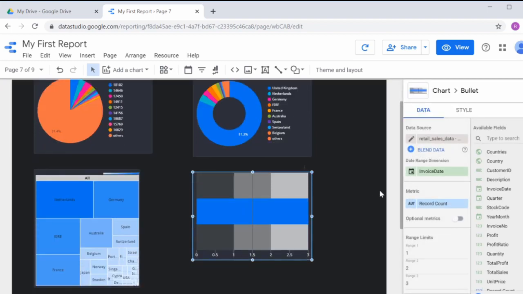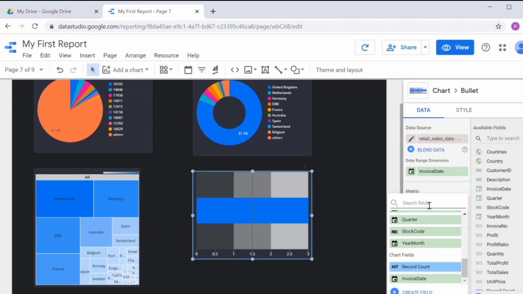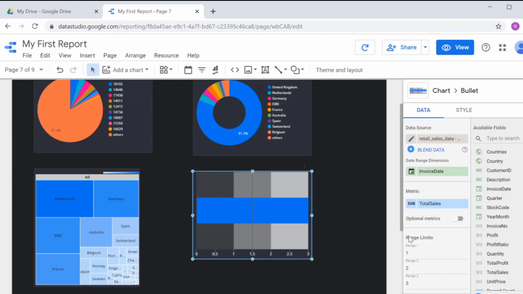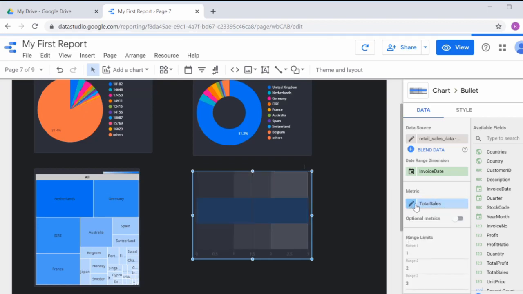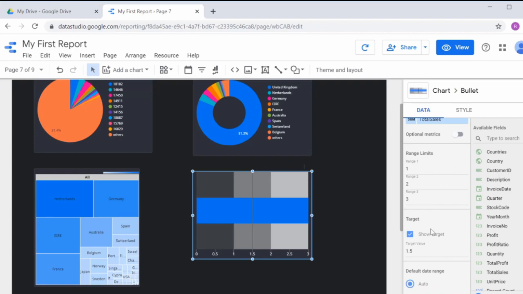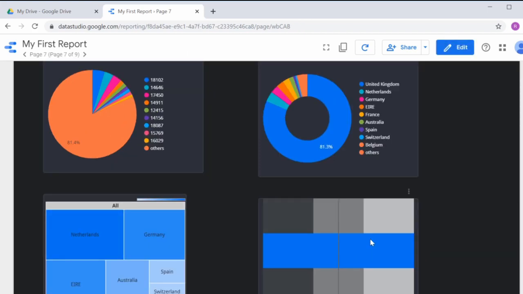However, what bullet plots do is, let's say you want to do total sales, and you get a sum of it here because sum is a default aggregation for a lot of numbers here, and you can see basically just a blue line here. What does that blue line tell us? Well, that blue line is basically a single bar here. You can see when you go to view, you can see what the bar represents,